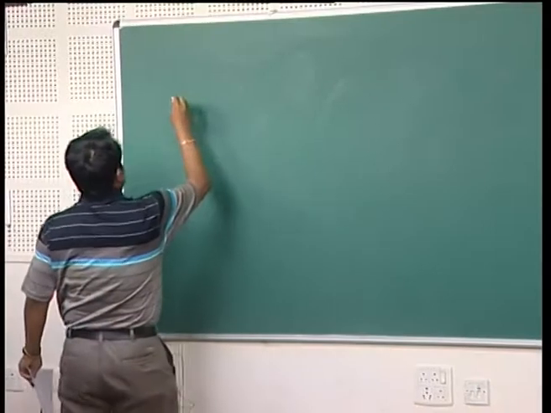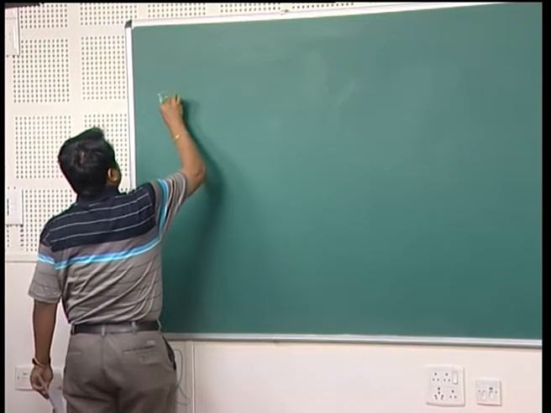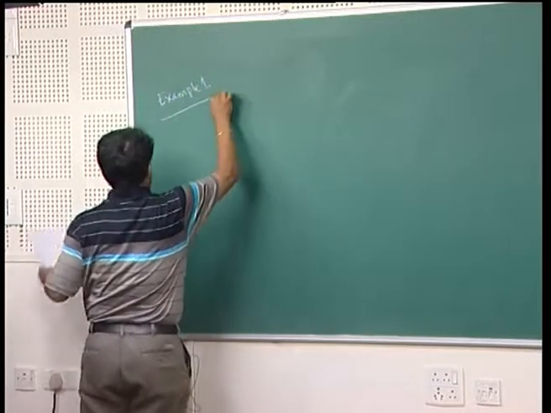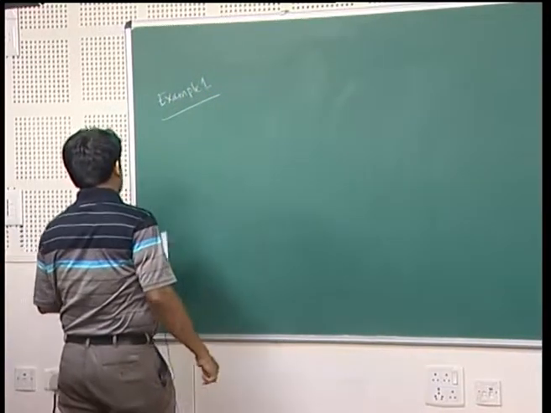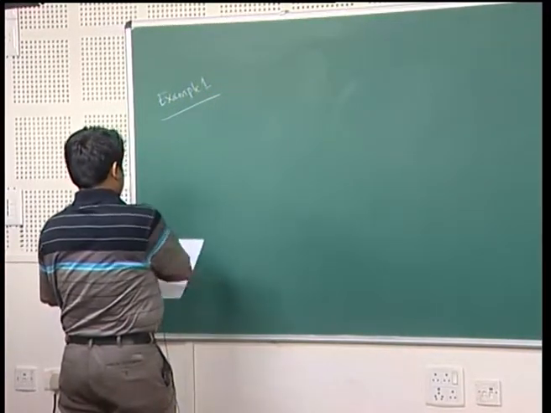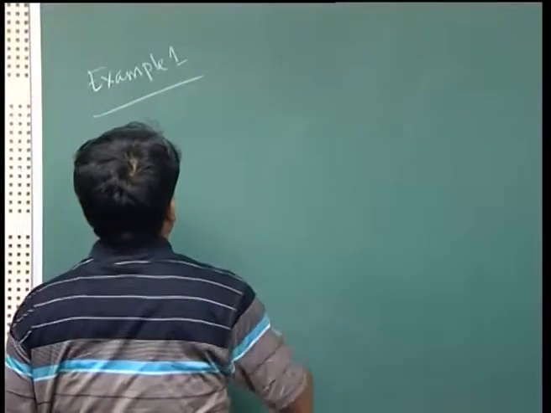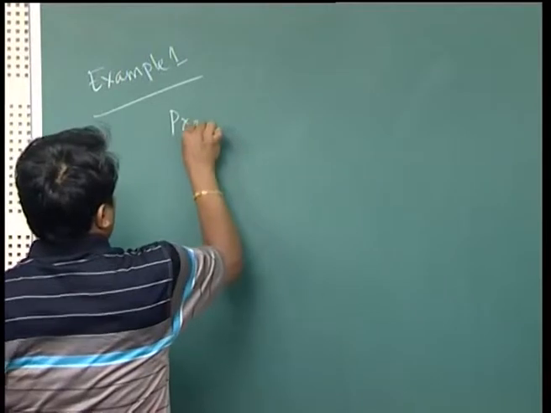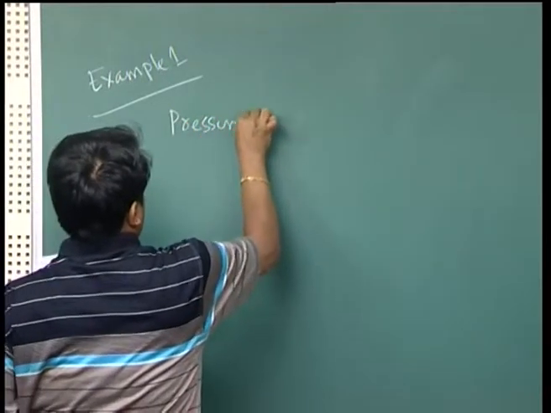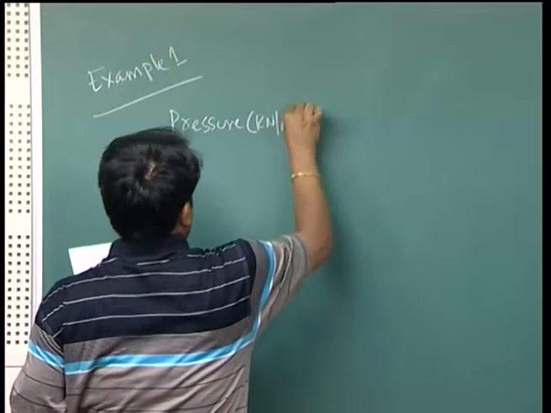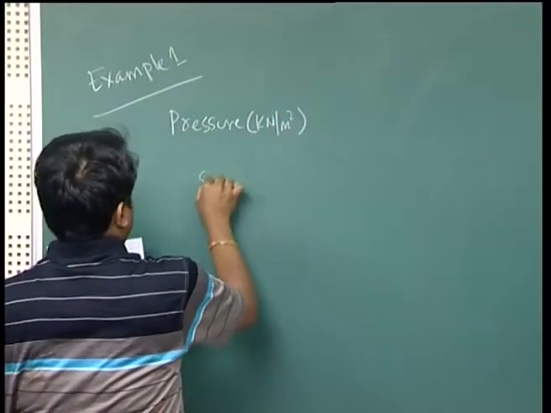Let us solve some problems. Example 1. It is given that a plate load test was conducted on a uniform deposit of sand and the data are given: pressure in kilonewton per meter square and settlement